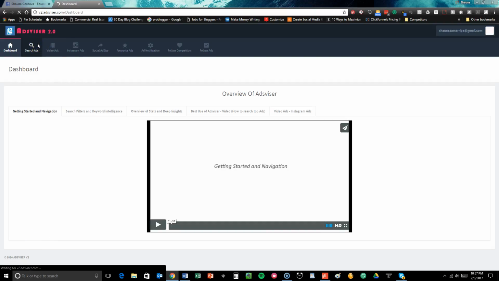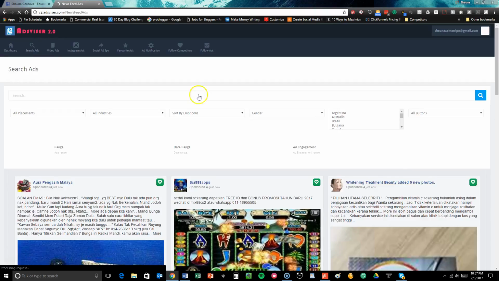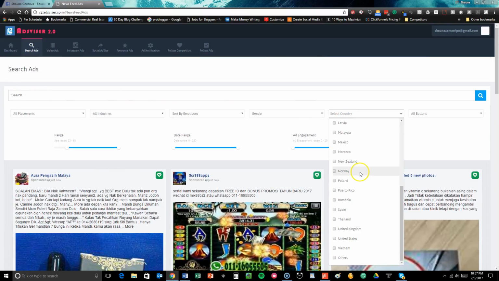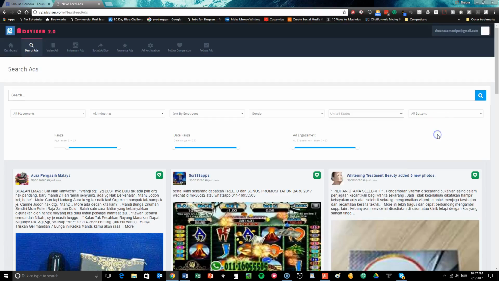So the first thing you're going to do is search ads. So you just click on this button right here, and then it's going to show you some of the top performing ads. Now, if you're in the US, which I'm guessing most of you are, you're going to want to go over here and click the US button. You want to keep it on all buttons unless, of course, you have, for example, let's say you're promoting